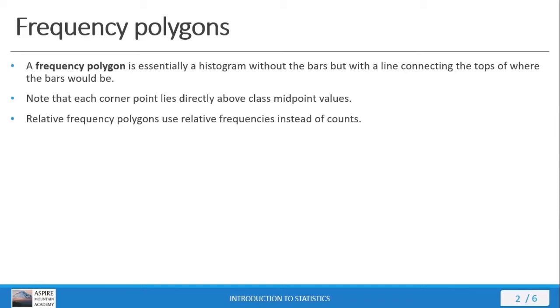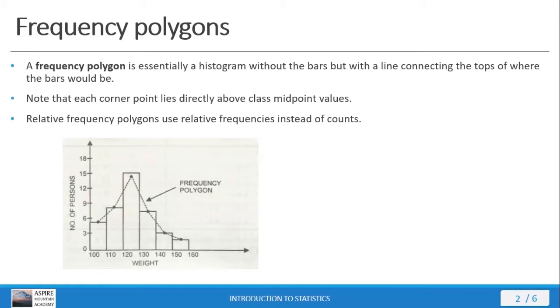In the first example, we've got weight versus the number of people. You've got different bars here for the different weight categories, and then we just take the center point of the top of each of those bars and connect them with a line. That curve on your plot is your frequency polygon. Now you can make a relative frequency polygon that uses relative frequency instead of counts, and just as we've seen